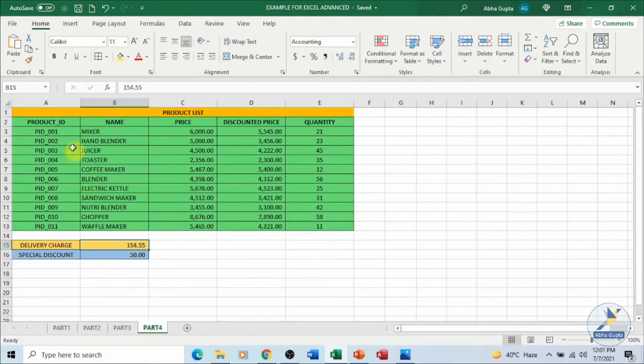One method is you can go to the name box, click in the name box, type in the new name, say delivery CHG. This is the name I am giving it, and press the enter key. It's been defined. Whenever I want to use this delivery charge, I can make use of this name. You can see in the name box also, you can see the delivery charge being written instead